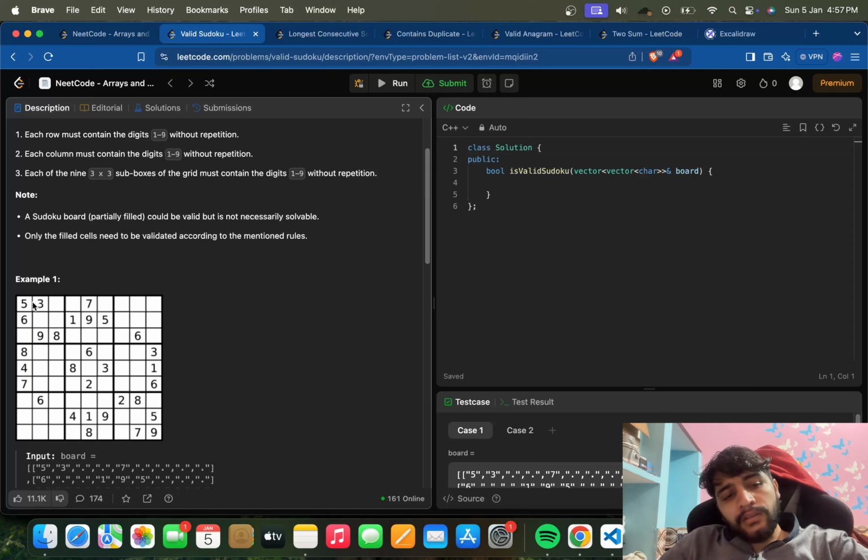What we can do is traverse all the cells one by one, and whenever we find a number in a cell, we have to check if this number exists in this row, this column, or this particular box. These three things we have to keep in mind. Okay, so how we can approach this is,